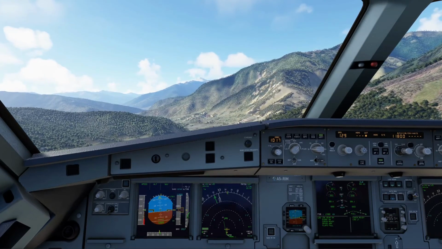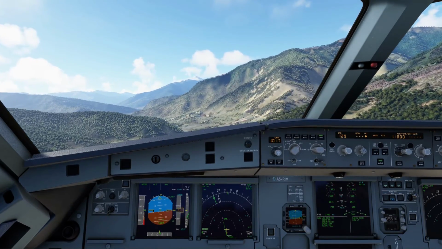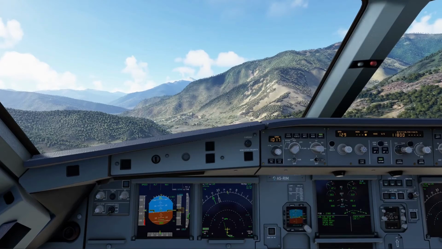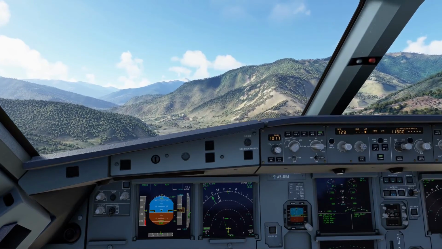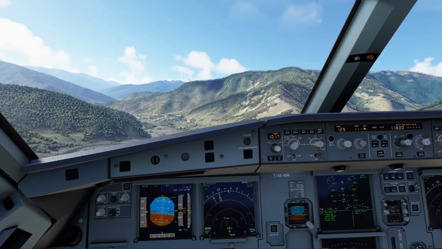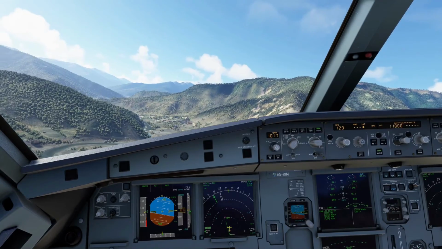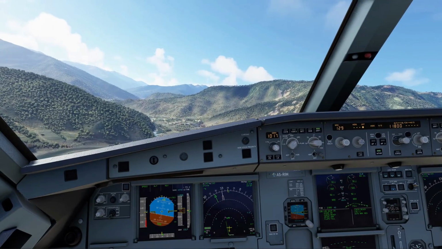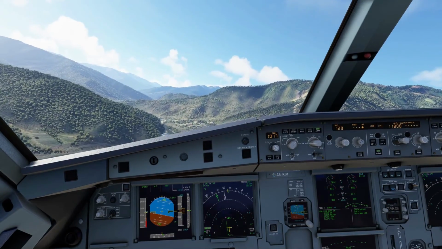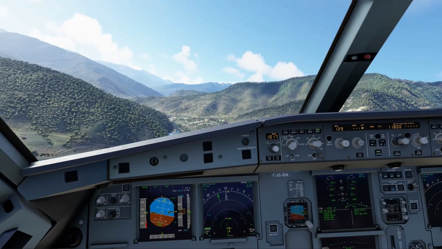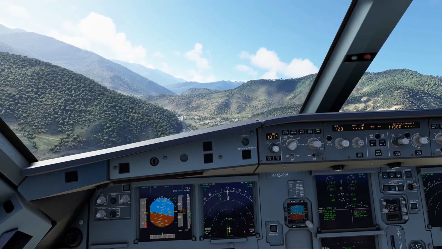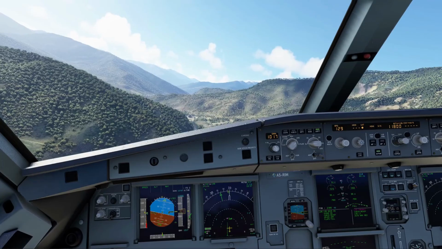Right, just at the right slope of this hill on the right hand side, 1,000. I'm going to take my left. Trying to maintain that 1,000.